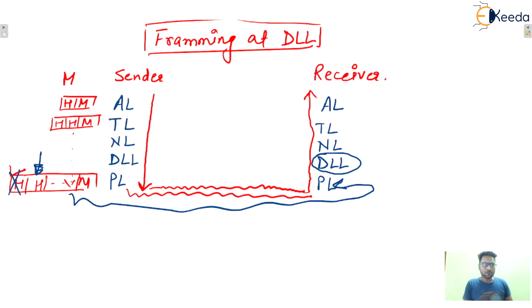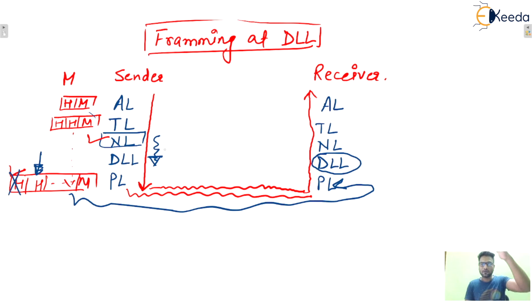So you can see the data from the network layer will reach the data link layer, isn't it? Now, whenever the data from the network layer or upper layer reaches the data link layer, the data link layer will use framing. That means it will put some part of data in one frame, some remaining part in another frame, then the remaining part in another frame, and these frames will be transmitted. Okay, I hope this is clear to everyone.